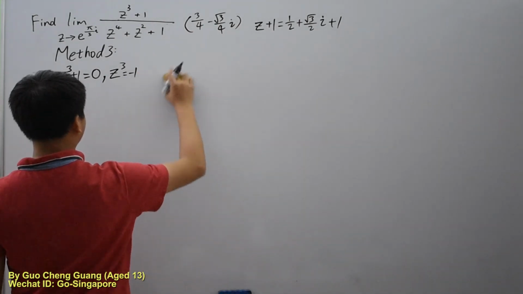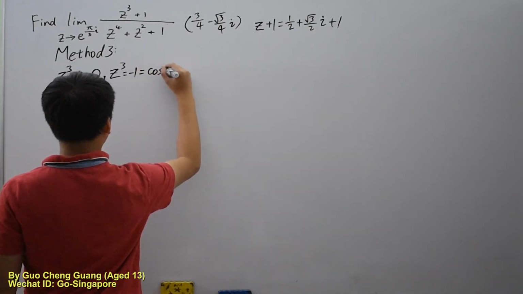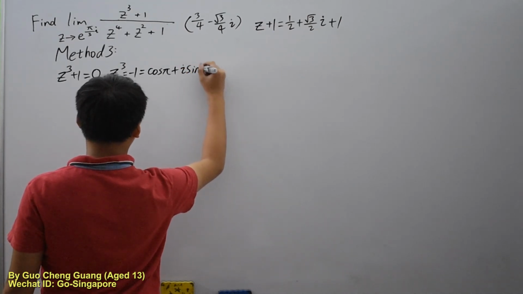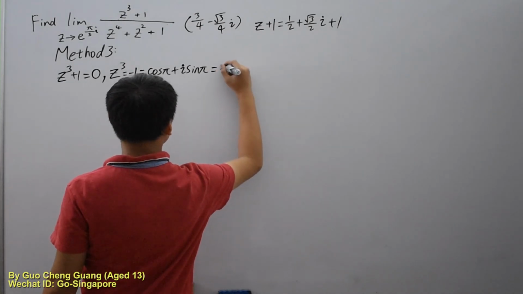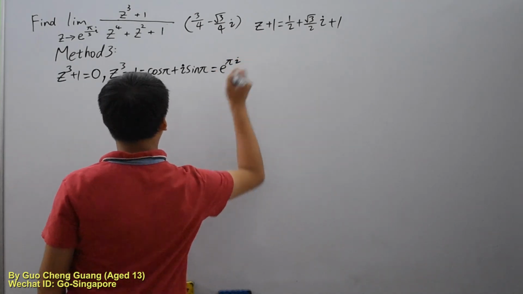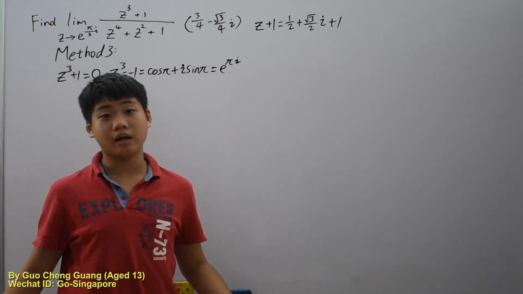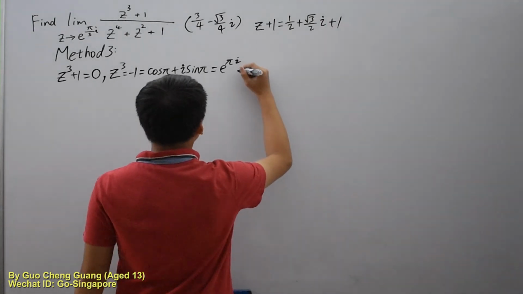So -1 is actually cosine pi plus i sine pi, as we have done just now. And thus this is e to the power of pi i. If this seems familiar to you, e to the power of pi i. Alright, e to the power of pi i. Wait,